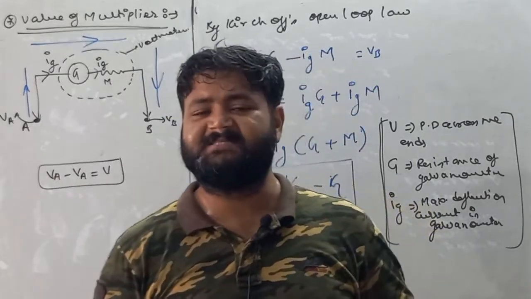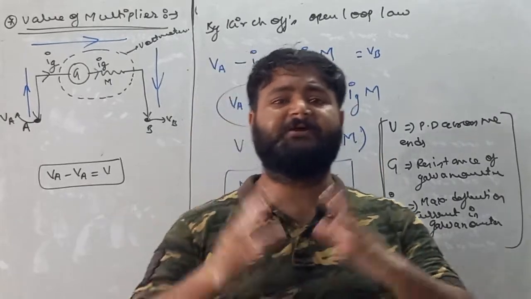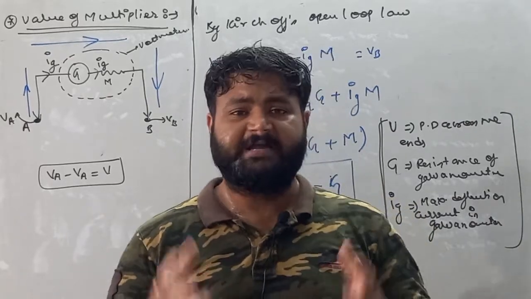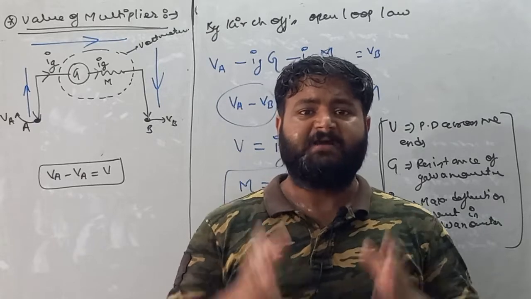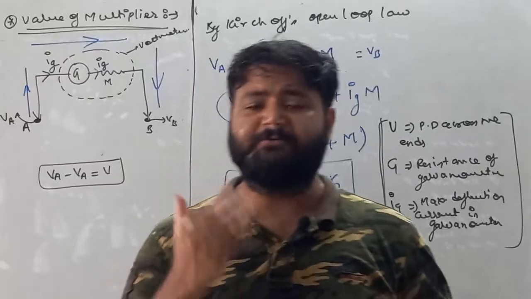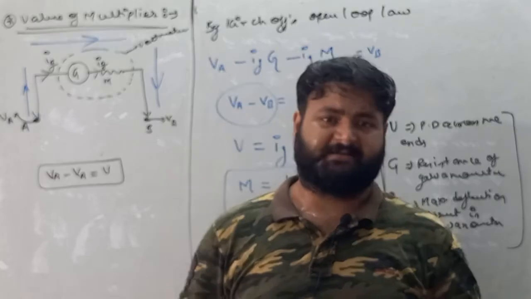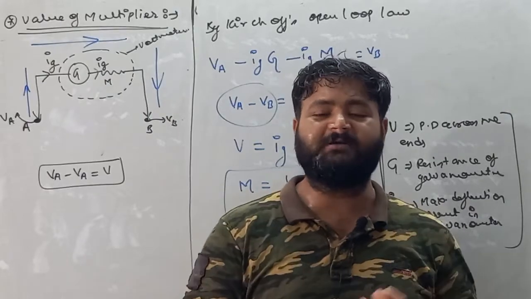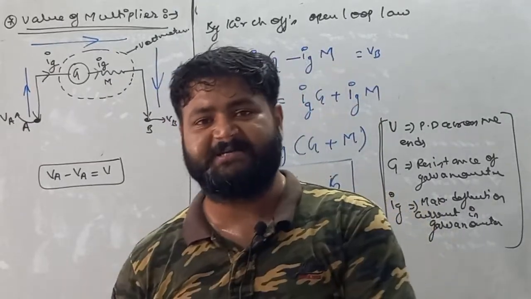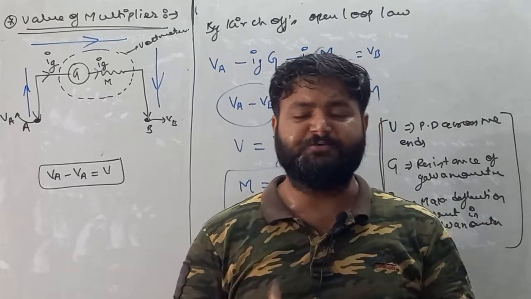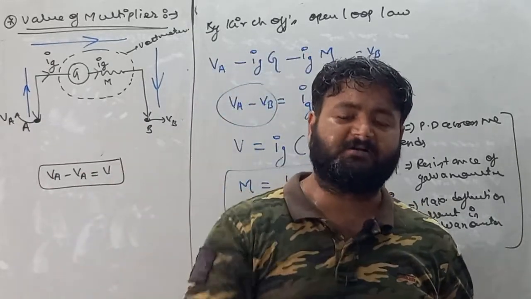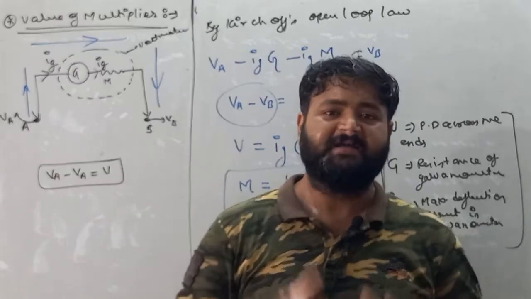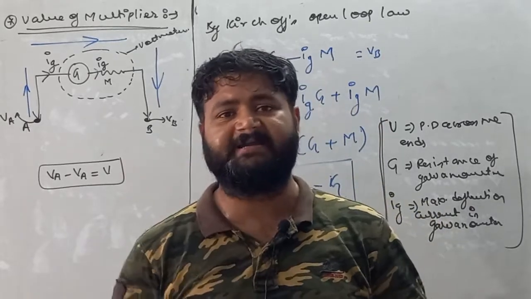So the voltmeter is not preferred in good experiments, or those experiments in which you want an accurate reading. That's why the voltmeter is replaced by a new device called the potentiometer. The potentiometer is also a potential measuring device, and the voltmeter is also one. With a voltmeter you cannot find net potential across the whole circuit, but with a potentiometer you can find net potential across the whole circuit in a single time.